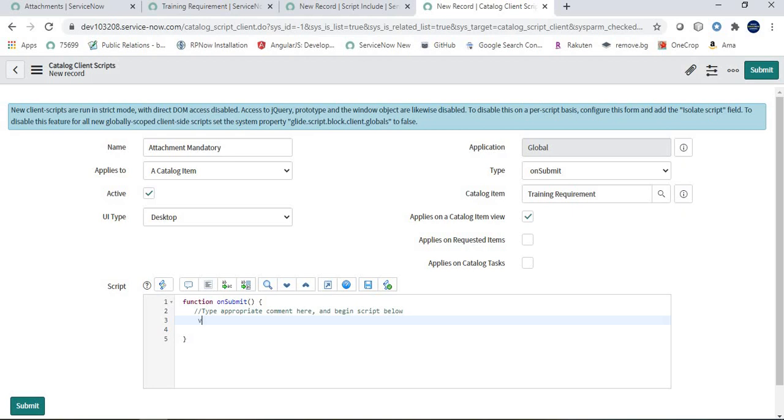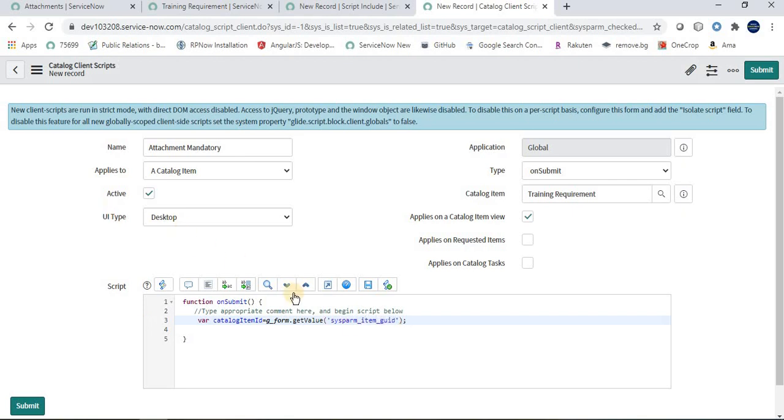So I am saying var catalogItemID equals g_form.getValue, and then we have to give the name through which we can fetch the value. I'm saying sysparm_item_guid.